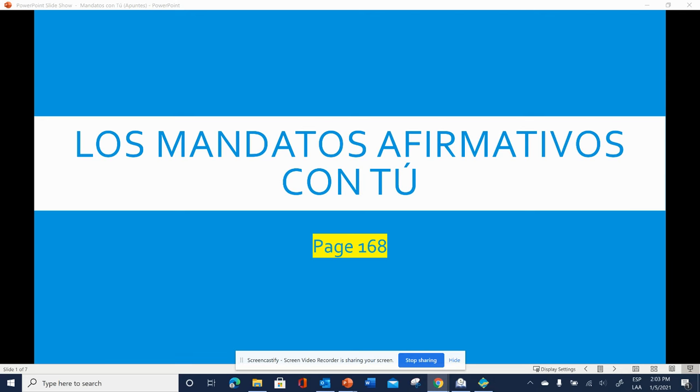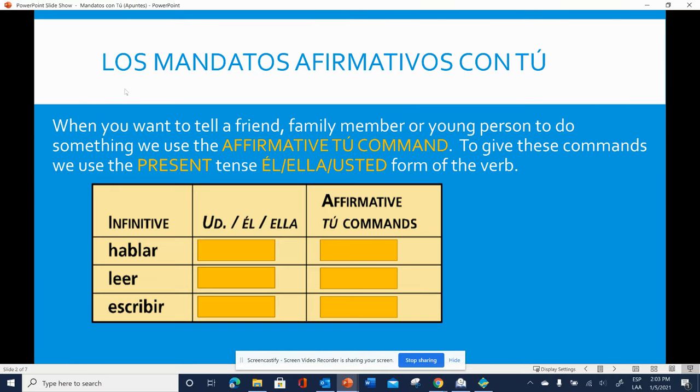Hola, so in today's video, we're going to be going over los mandatos afirmativos con tú, the affirmative tú commands, and you can find them on page 168 of your textbook. So in Spanish, we use the affirmative tú commands when you want to tell a friend, family member, or young person to do something. So to give these commands, we're going to use the present tense, él, ella, or usted